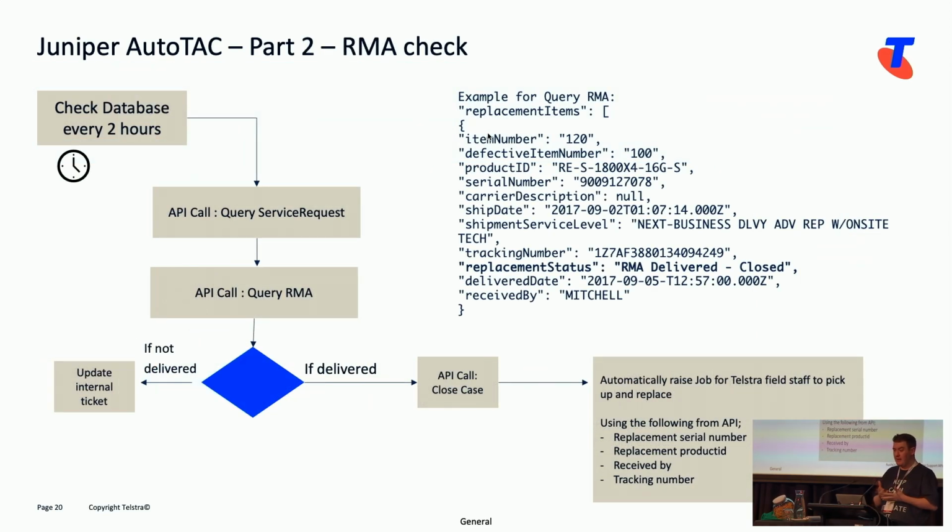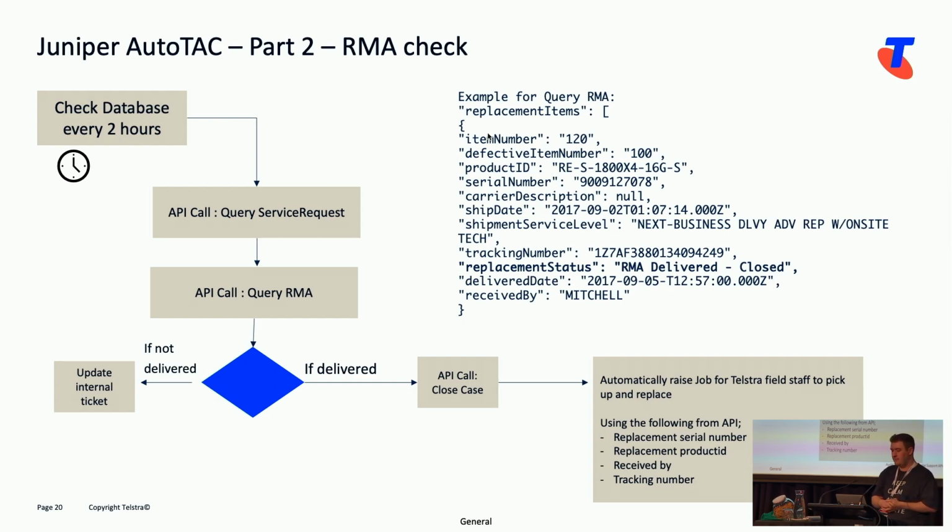Now, with the second part, we run a simple job every 2 hours, and we're able to query the service request to see whether an RMA has been created. If an RMA has been created, we then do a subsequent RMA call called query RMA. What we're looking for is a specific field in there that says RMA delivered closed, and that's under the replacement status one. If we see that, we know that the part is there, waiting, ready to go for your remote hands